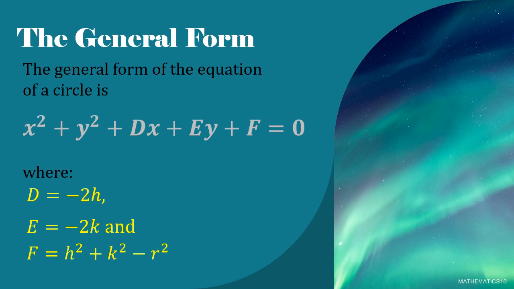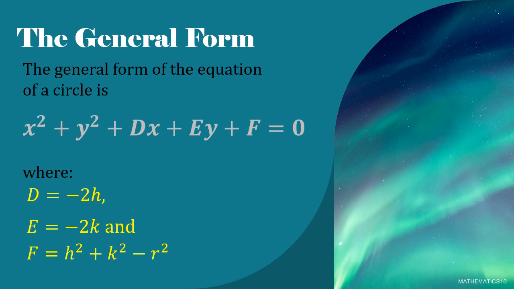And for the general form, this will be the format as well: x squared plus y squared plus dx plus ey plus f equals 0. A while ago in our steps, for our fourth step, you just simply simplify to get the general form. In simplifying, you are supposed to apply your previous knowledge on FOIL method or distributive property, and so you will be able to come up with your general